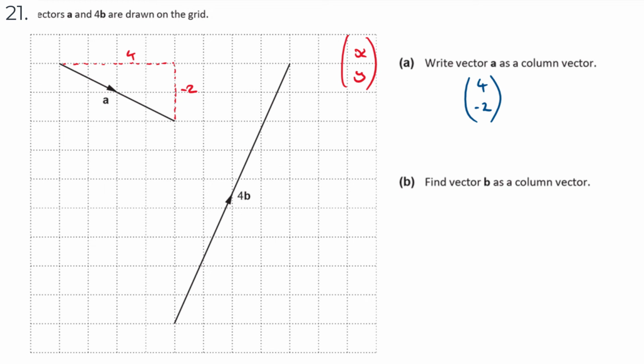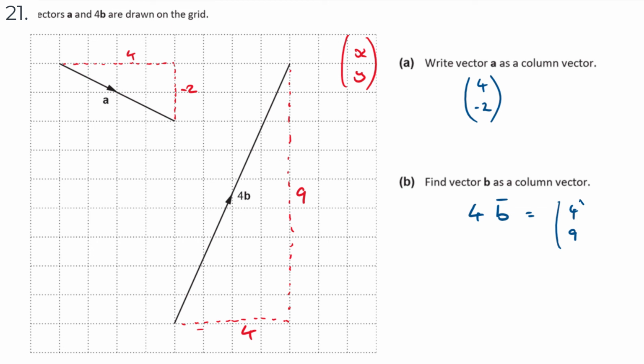Okay, now we've actually got 4B here. It doesn't actually fit nicely on the grid. I'm just going to work out what 4B is first, and then I'm going to divide it by 4, I think. So 4B is equal to, I'm going to do the same thing. How many units in the direction of x and how many units in the direction of y do we need to go? Well, this is 1, 2, 3, 4 units in this direction, and 1, 2, 3, 4, 5, 6, 7, 8, 9. You see, they're being a bit cruel to us here. So that's going to be